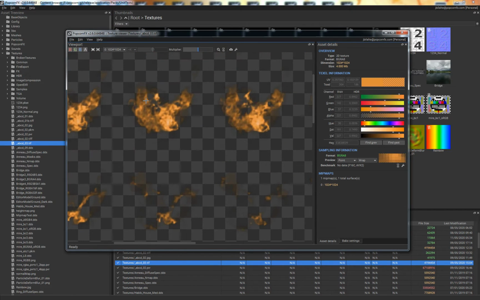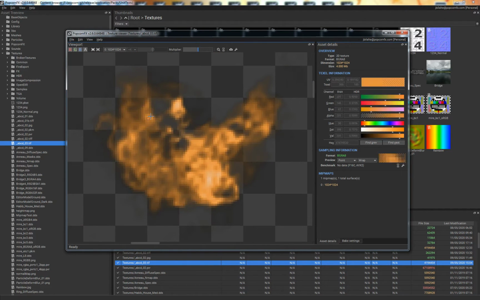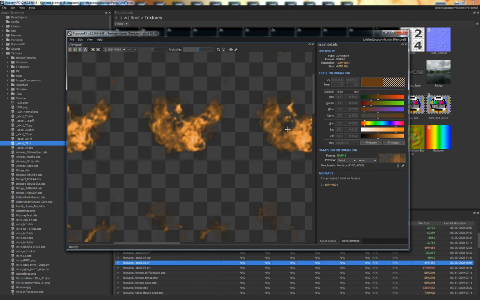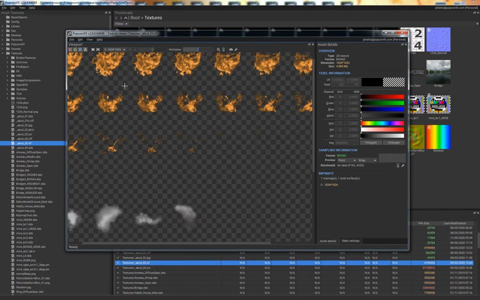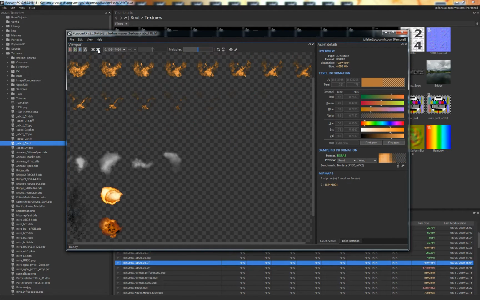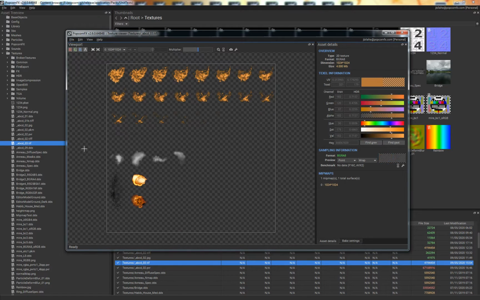and right click selects the texel under your mouse, so that when your cursor goes out of the viewport, the selected texel will be displayed here. Whenever you are inside the viewport, it's the texel under the mouse that is displayed. So these two buttons here allow you to quickly go between a 1:1 scale. So here one texel in the texture is 1 pixel on screen, and the other one is just a fit